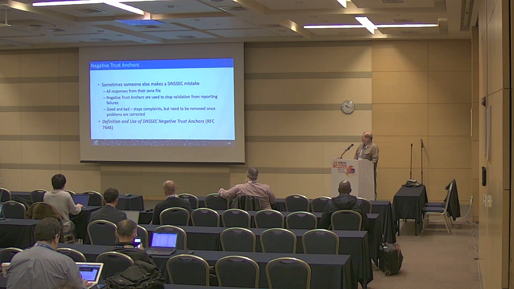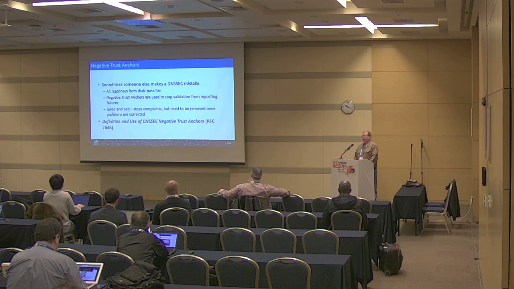So now, trust anchors have been around. They were one of the early concepts in this work, because you have to start somewhere. But in the last couple of years, we had a thing called negative trust anchors. These are trust anchors where you say, I don't trust that. Actually, turn it off. Ignore what you see there. And this comes from a story I'll have in the next slide. But sometimes, when it comes to operations, we decide that we want to turn off DNSSEC, ignore the fact it's out there. We want to cut off all the stuff out there because of something that's gone wrong. This is called Definition and Use of DNSSEC Negative Trust Anchors, RFC 7646, which came out